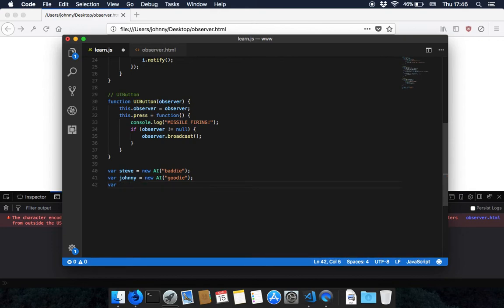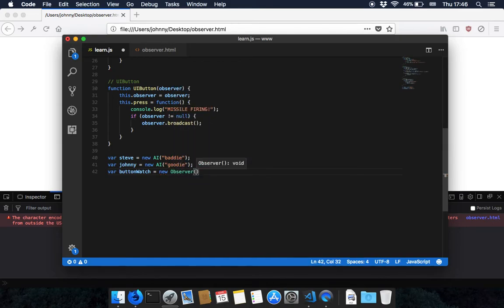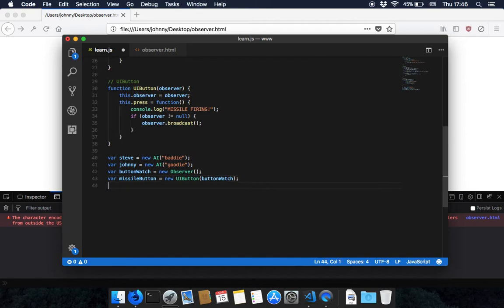Anyway, we'll also create a new observer. We'll call it button watch, equals new observer, and it is just going to be on its own. And we're going to create a new button, var missile button equals new missile button, and the observer watching it is obviously button watch. So that's that. So what happens now is if we launch a missile from our missile button,